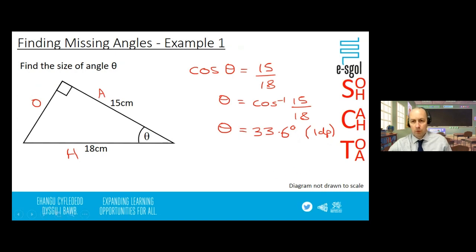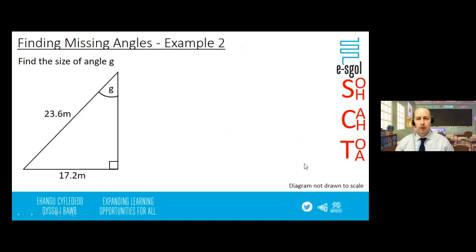Okay, so one more of those examples. I've got my formulas on the right-hand side again. I'm going to label my shape with the hypotenuse, the opposite, which is down here this time, and the adjacent. I can see straight away I've got no information for the adjacent, so I know I'm going to use sine because that uses opposite and hypotenuse. So I'm going to do sine of the angle. This time the angle is called G, so I'm going to do the sine of G, and that is going to be equal to the opposite over hypotenuse. So opposite is 17.2,